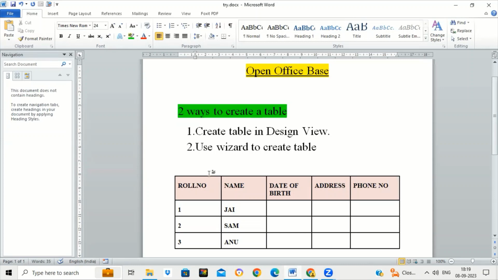First of all, we should understand what are fields and what are records in a table. So just see this table. This table is used to store details of the students of a school. So this table has admission number, name, date of birth, address, and phone number of the students which we want to store. Now in this table, there are 5 fields: admission number, name, date of birth, address, and phone number. So there are 5 fields. Fields are also called columns